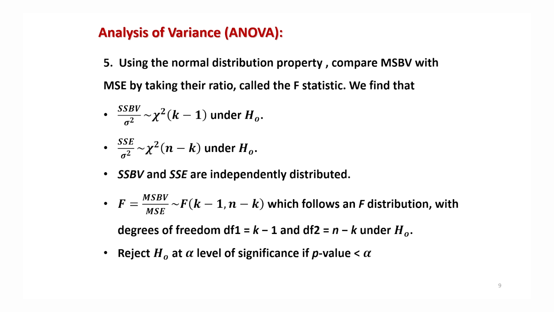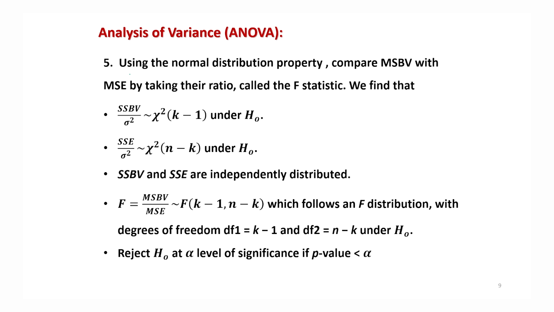Now after that, we try to use some tools of statistical inference. I'm not giving you all the details here, which is also outside the scope of this course. But if you wish, you can look into the books and you will get a complete idea. So now we have to find the distribution of this MSBV and MSE. Based on that, we are going to create a test statistic for conducting the test of hypothesis for H naught: mu1 equal to mu2 equal to mu k. I'm just giving you the brief steps so that you can understand how different values are coming.